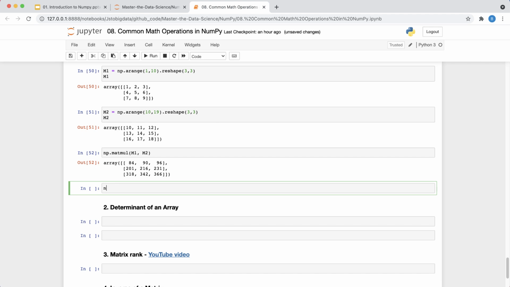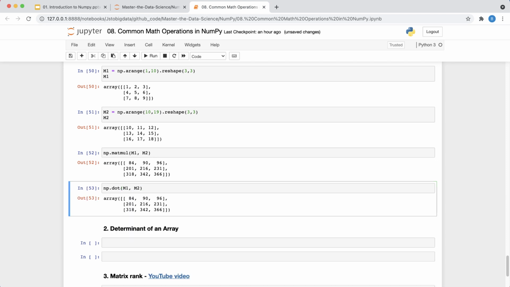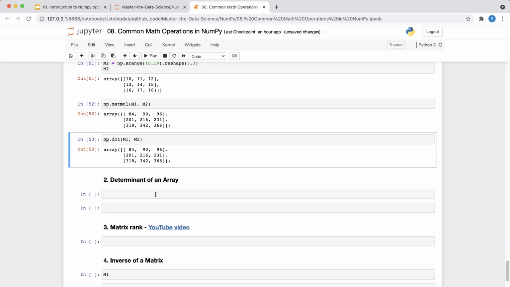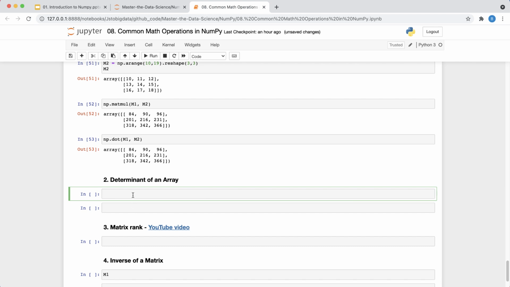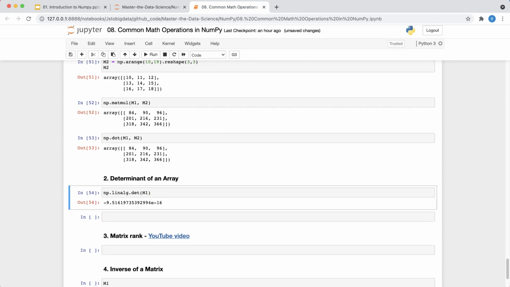It is also possible to do dot product, and you can Google if you have forgotten the concepts, and in this case it's the same. You can also find the determinant of an array, and to do that you just call linalg, np.linalg, lin and alg for algebra, dot det, you want to find the determinant of the matrix m1, and that gives you the result.